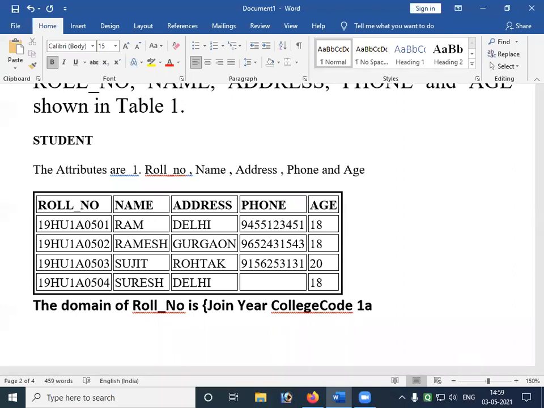So the set of all 19HU1A0501 onwards, comma, 19HU1A0599, comma, what are all 5B1, 5A0, 5A1, 5B0, 5C0 etc., are all called the domain of the attribute roll number.